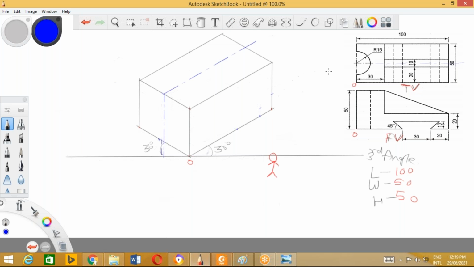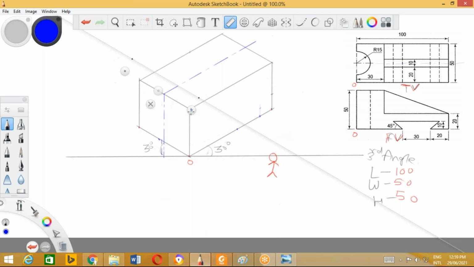Now you can see over here, this is the 30 millimeter diameter dimension which is visible to the observer from top. See how I'm marking the points. In this top view, I'll mark this distance 30 millimeter. Match this line with the width line because it is on the width line, and roll the scale.